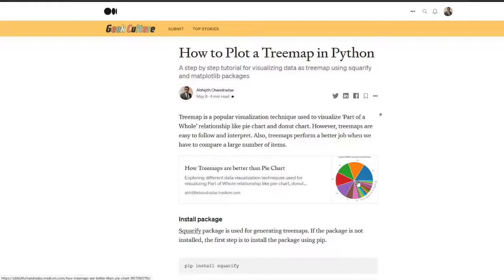Okay, so our human brain is not equipped to compare angles. It is actually very difficult. Another reason is that a lot of area is also wasted. You can see that in this pie chart, the central area is not conveying much meaning. It is completely cluttered. In a tree map, it utilizes the area much more efficiently.